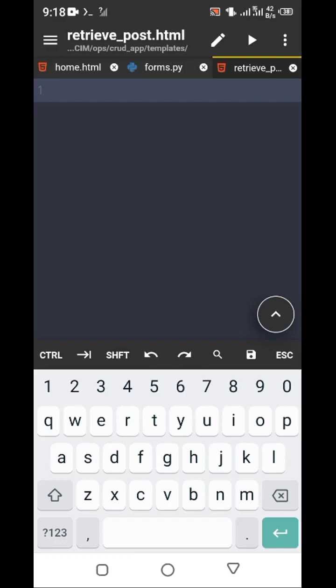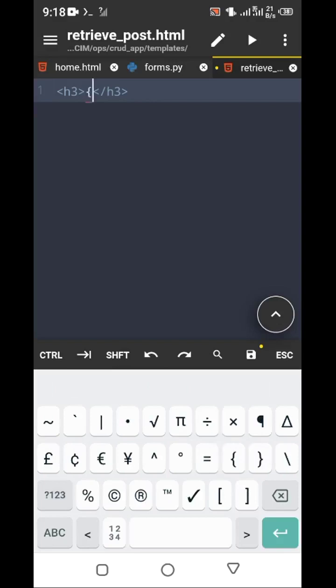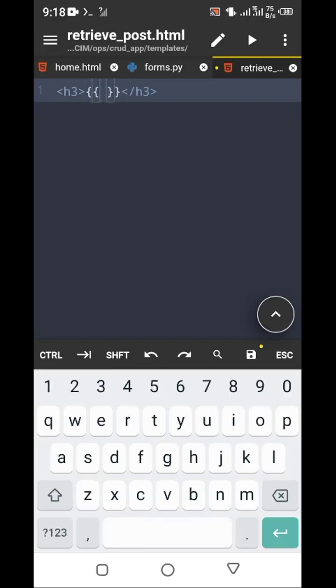For example, I can just pass in an h3 that says, for example, the post title. This is a way to dynamically render things in Django. Remember, I told you this. So we should do post. We're now fetching the variable we have defined in our context, the key, the value of the key in our context, and the value we have passed in, the variable we have defined in the